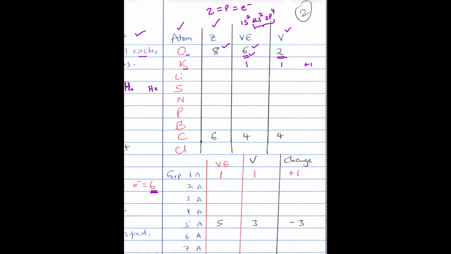Lithium is in group 1 also. So it has 1 valence electron, and same as potassium, it will form 1 bond and +1 charge. Oxygen that we just looked at can accept 2 electrons, and because of that, you end up with -2 charge. Sulfur is in the same group with oxygen with 6 valence electrons, and therefore it will form 2 bonds and